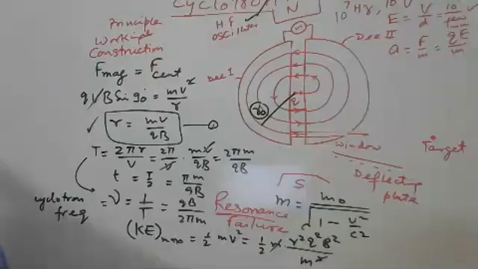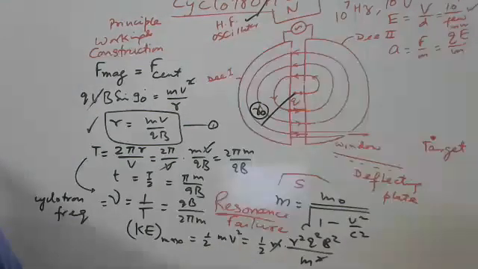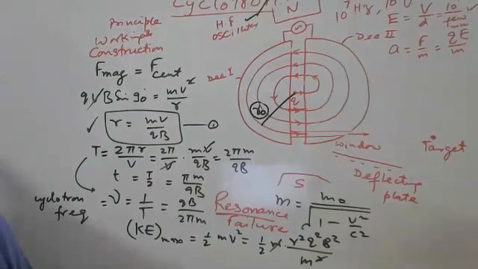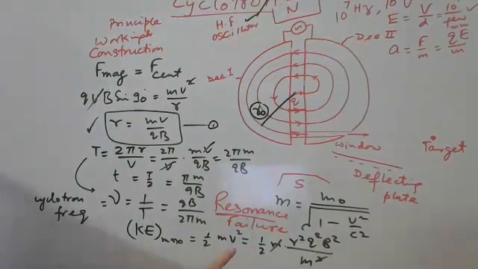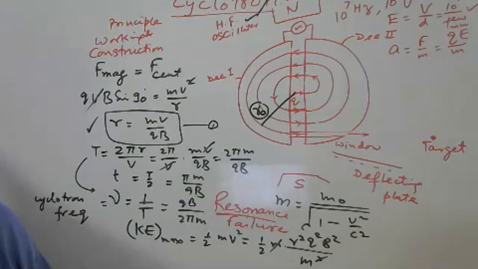Neutron has no charge, so it cannot be accelerated. Only positively charged particles like proton and alpha particle are used here, because they are heavy and we can increase the kinetic energy before resonance failure; sufficient kinetic energy can be produced. So this cyclotron is best suited for heavy, charged particles. Not neutron, because it is not charged. So it is suited for proton and alpha particle, not for electron, not for neutron.